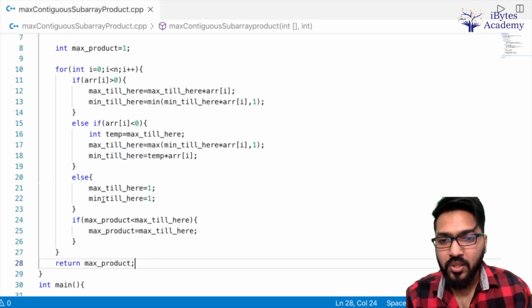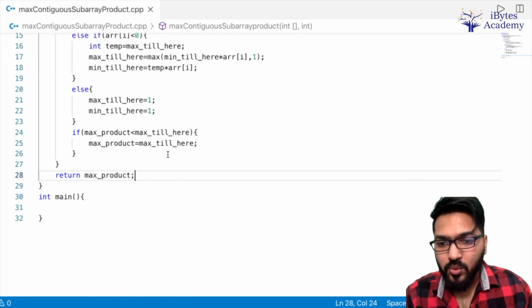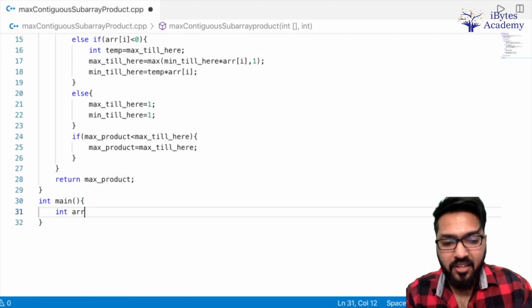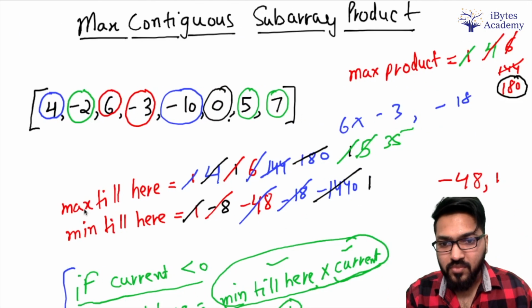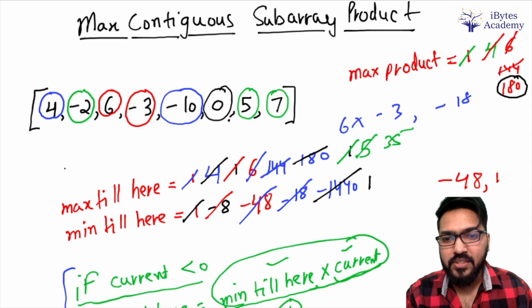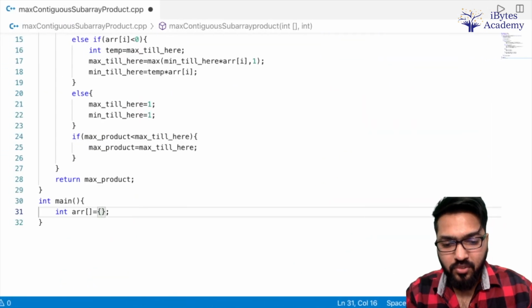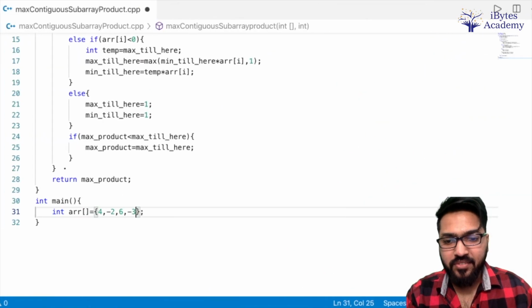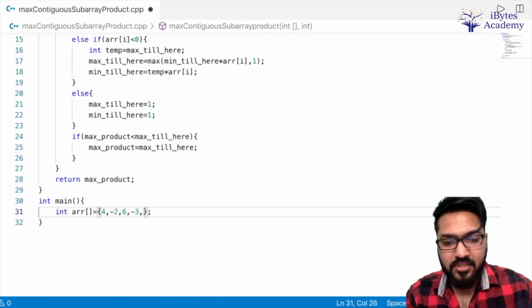So I think this should work. So let's try to run this. So first let's create our array. So our array was 4, minus 2, 6, minus 3, minus 10, 0, 5, 7.